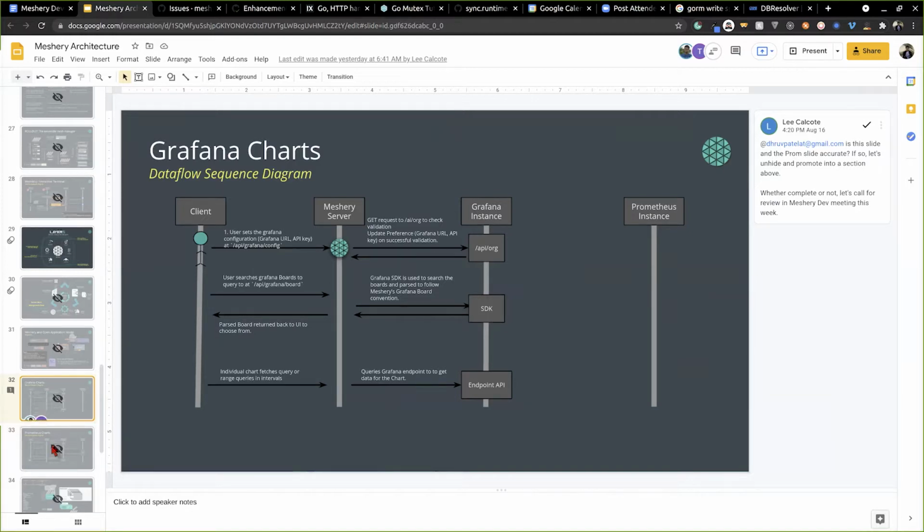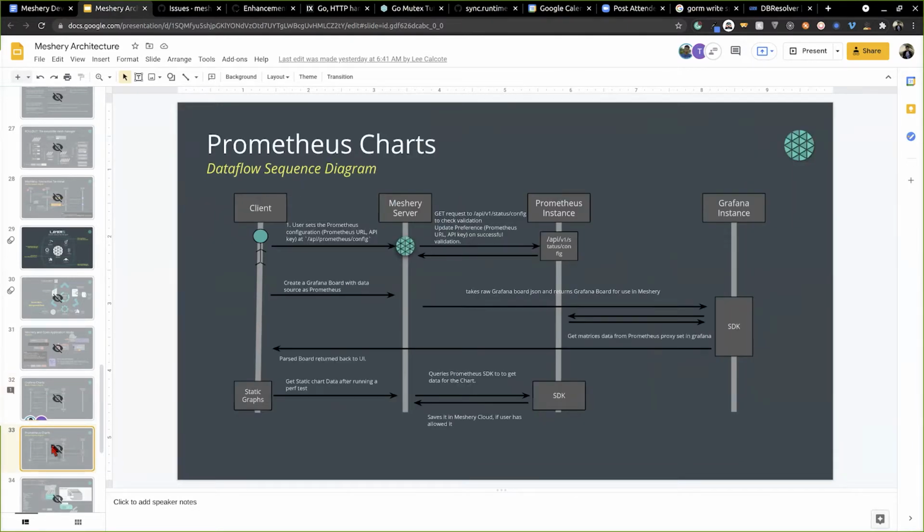But in the case of static charts, we directly take it from the Prometheus SDK, from your Prometheus instance, instead of going through the Grafana instance with Prometheus as a data source. That's the major difference between the static graphs and the dynamic graphs.